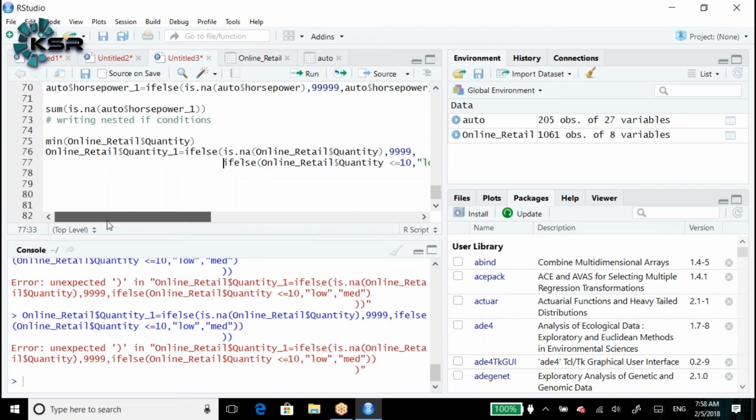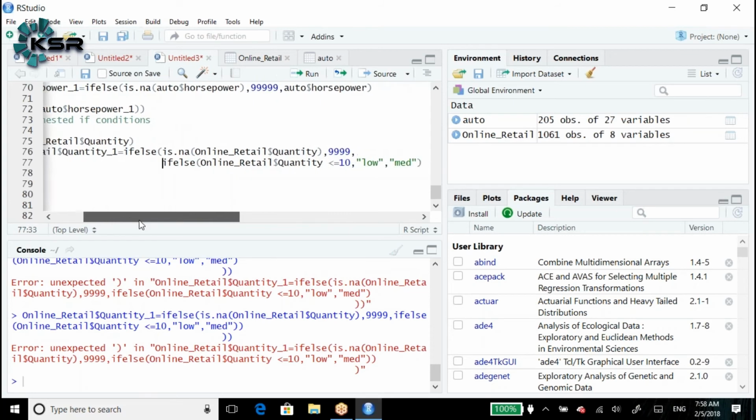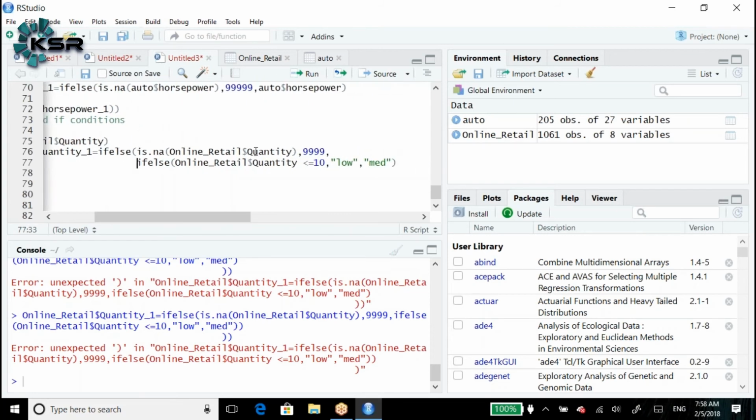Online retail ifelse is.na: first we are writing the is.na condition. If the condition is true, we say ifelse online retail again low or medium.